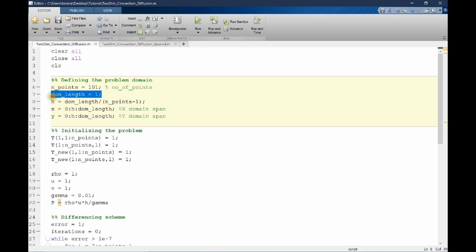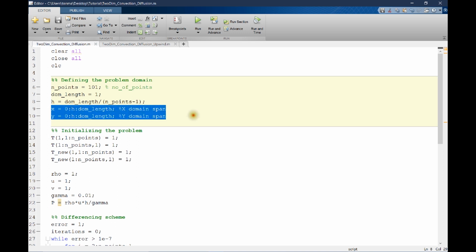The total domain length is 1, and that means the grid spacing is 1 divided by 100. These two variables x and y are simply the x and y coordinates as one-dimensional arrays. This part has been pretty much the same in all the MATLAB codes that I have shown you so far, so I hope that doesn't come as a surprise.